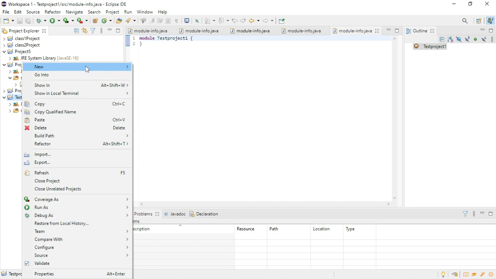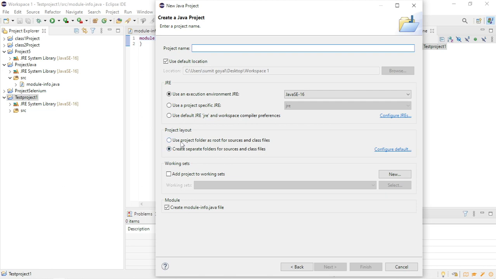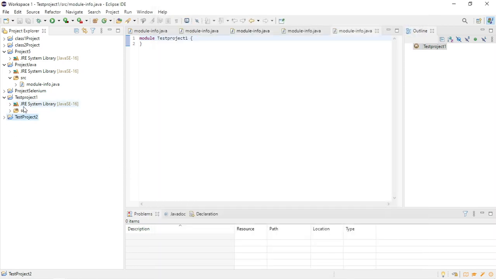But if I click on new project and choose the other option, and write one name here like test project 2, and click on Finish, it is asking for the folder. If you click OK, now you are not going to get this folder. Basically we require this folder.